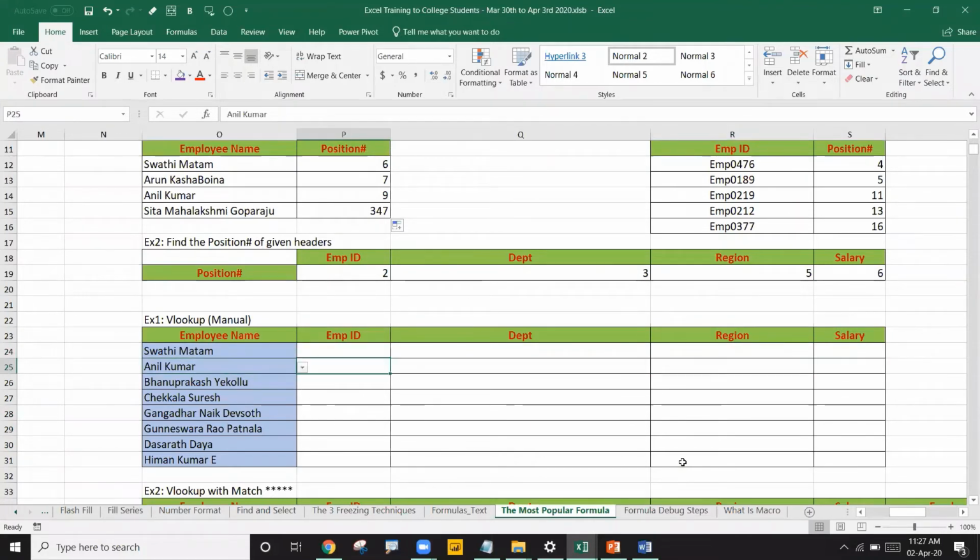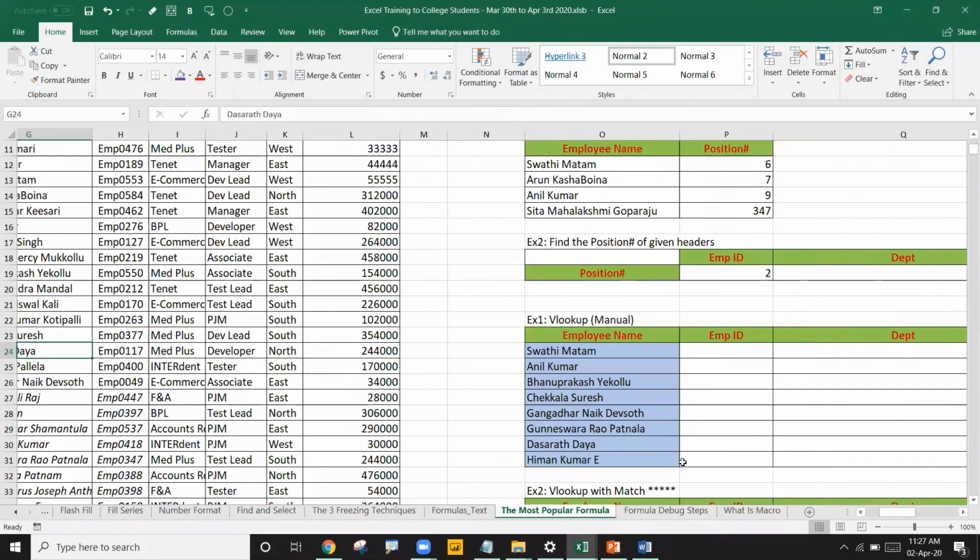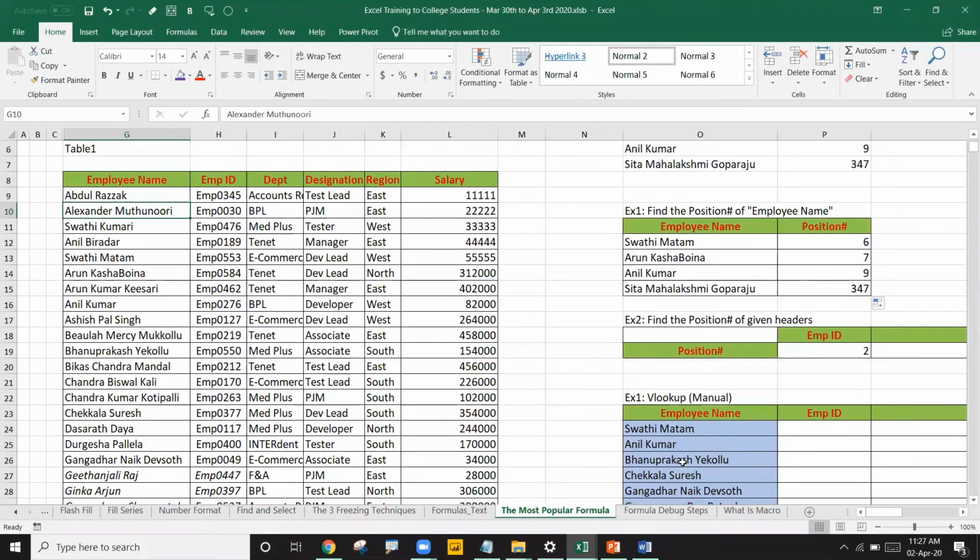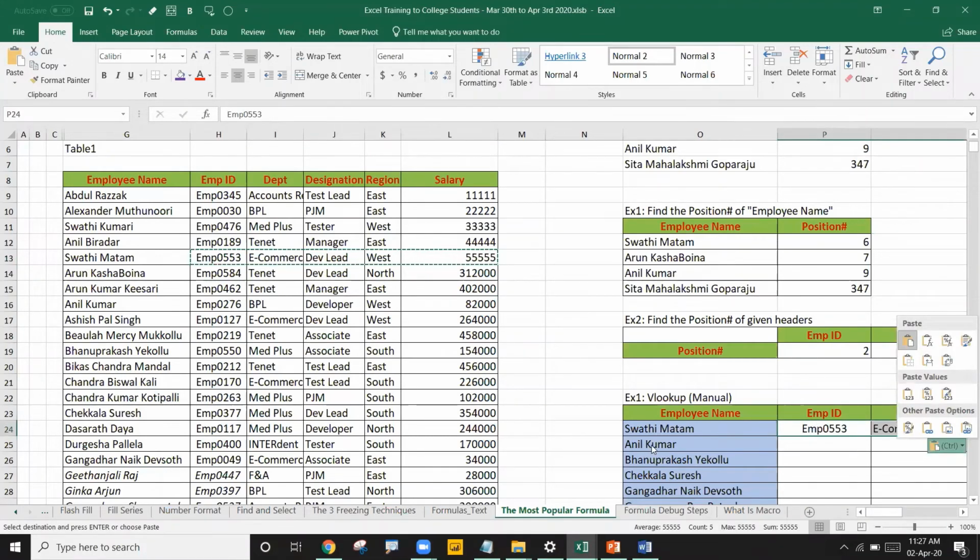When I was not aware of VLOOKUP, I used to do it this way, the copy paste way. I'll look for Swati Matam. Where are you, Swati? I'll keep checking in the employee name column. Here I got Swati. Then I used to copy all her records, come here and paste it. After that, Anil Kumar.